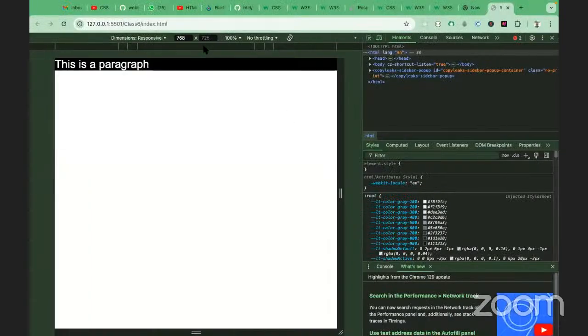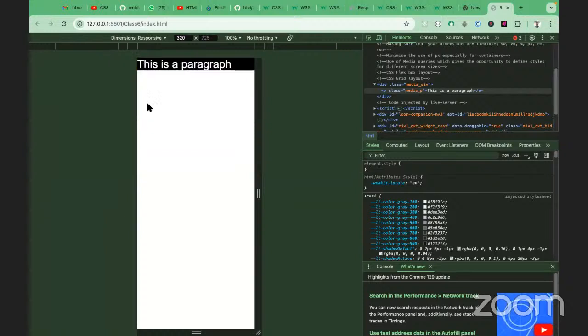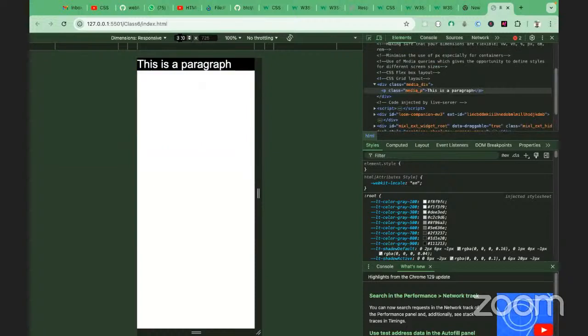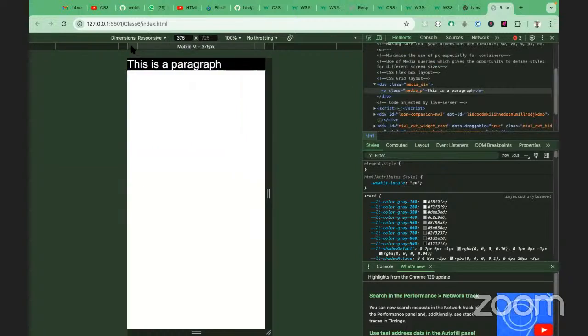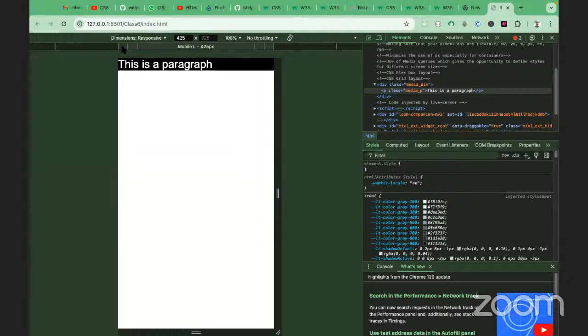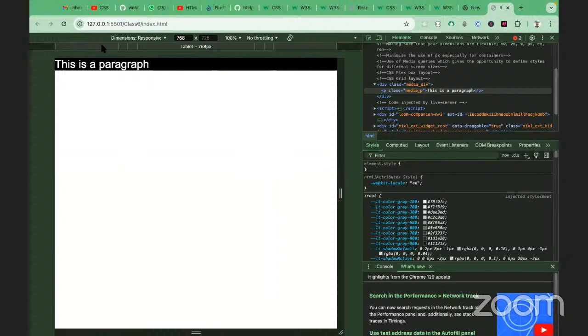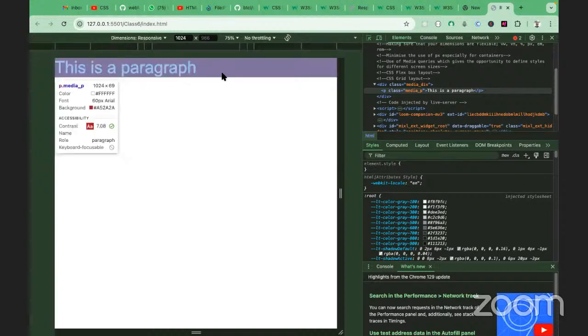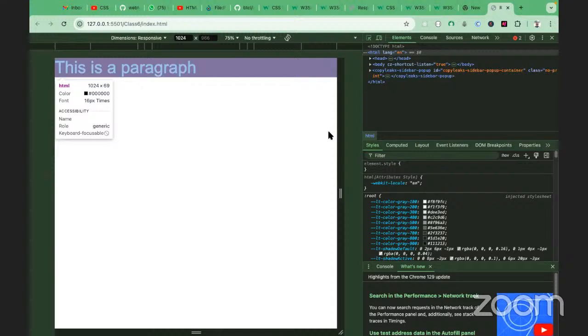Okay, so let's start from the smallest screen. All right, so we have background color is black. That's because it's 320 pixels, right? So that's what we expect. 425 still black, 768 black, 1024 it has turned to brown, and the font size has changed. Then if we now leave it full screen,